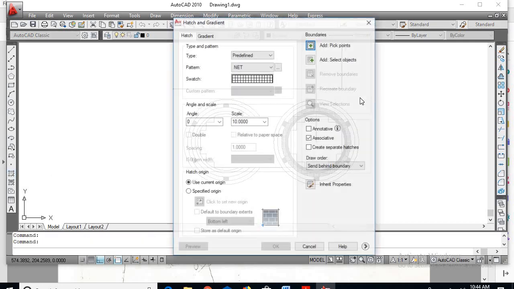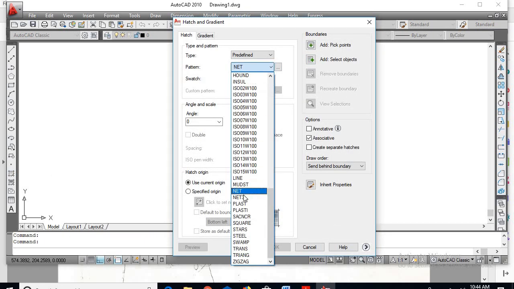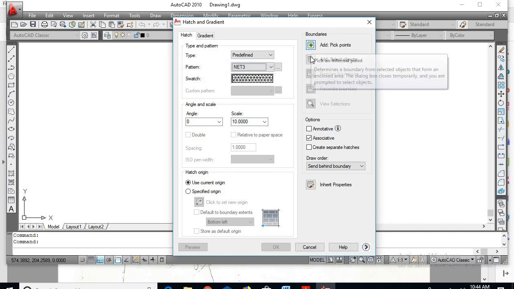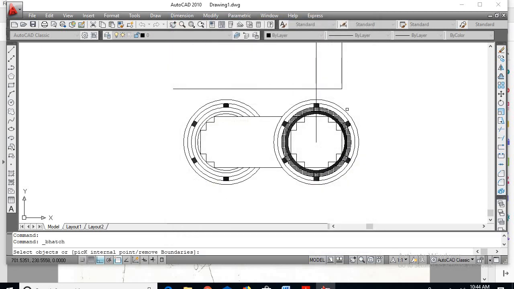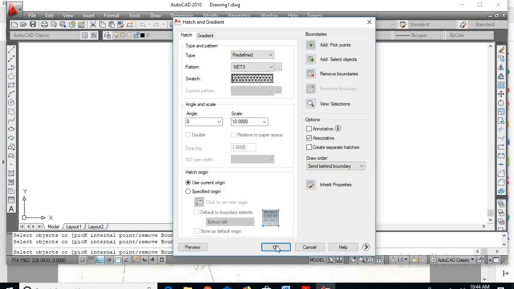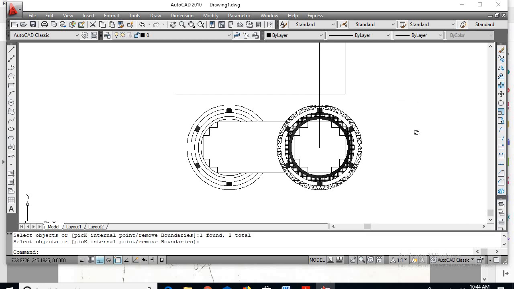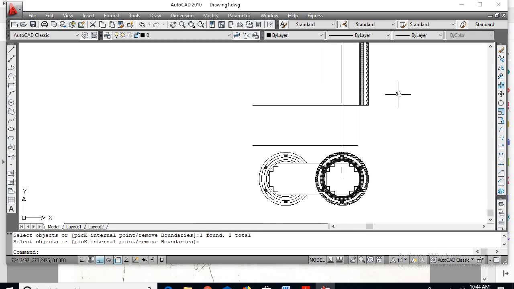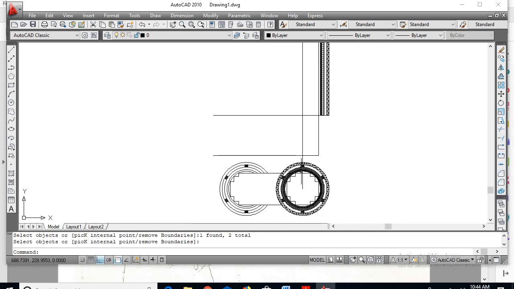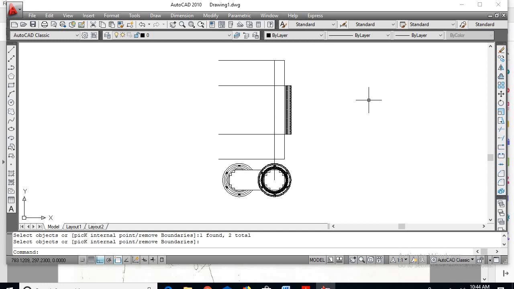Go for hatch command, go for net 3, go for select object here, enter, say OK. This is your HV winding. Okay, so now the same has to be represented towards here also. Okay, so I'll go for mirror.